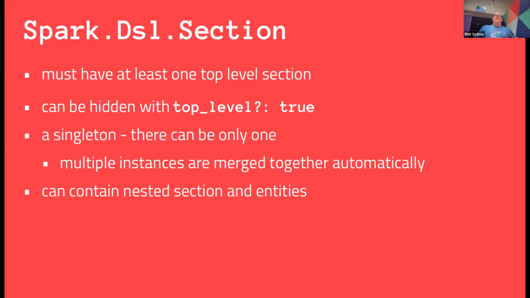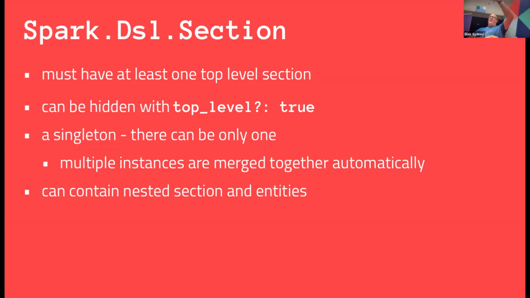Sections are singletons, and we've debated whether we even need the split between section and entity. So if it's confusing, it's not an unfamiliar feeling. Because as soon as we started talking about it, I was like, do we actually need to have two different types here? There are, and we may fix it, but there's a lot of work to do to merge the two, not in Spark so much, but in Ash, because it's using that everywhere.